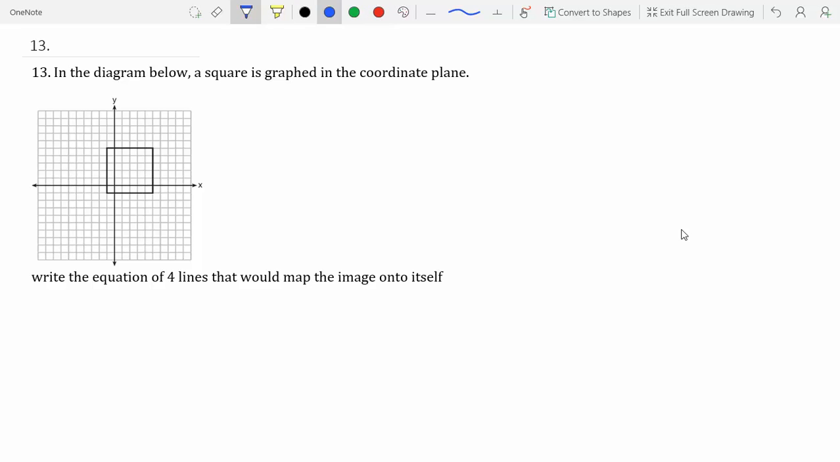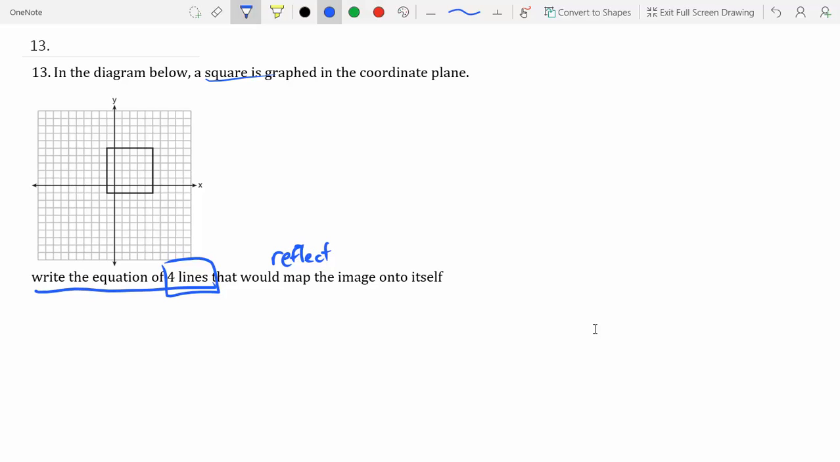All right, 13. This says in the diagram below, you've got a square. Right there, I know all of those sides are equal. Okay, that will kind of help me go through this problem. And they're saying they want the equation of four lines that what's missing is when you reflect, you're dealing with